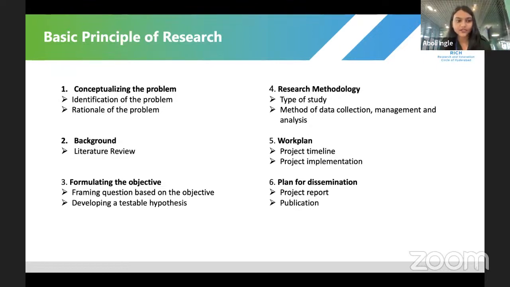Just like you have done your literature review, someone else can go and do their literature review and can use your information and your findings as supporting statements and supporting documents for his or her research. So that's how the whole framework of research is. This is the procedure that we follow when we conduct any research studies in public health.